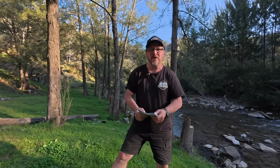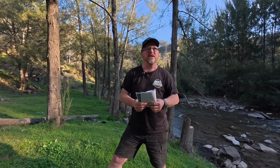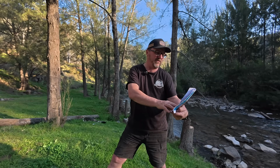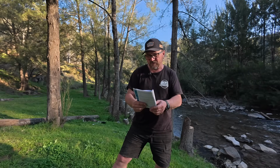All right, so I might have mentioned a bit earlier that we got some information from the Bathurst Information Centre prior to doing the Bridle Track, and they gave us a paper map with all the points of interest with the campsites, etc. along here. Now, they also gave us this other booklet, four-wheel driving in Bathurst and the surrounding regions. But the Bridle Track itself,